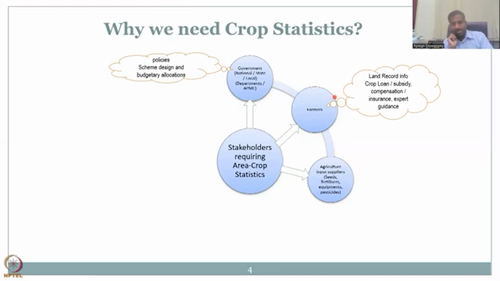And that is where these agricultural input suppliers come into the picture. They mass produce these seeds and then give them to farmers. So for them, why is it important? They need to know the area, the acreage. How much area do you need the seed for? You cannot give